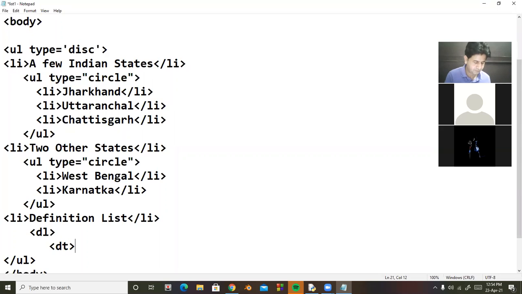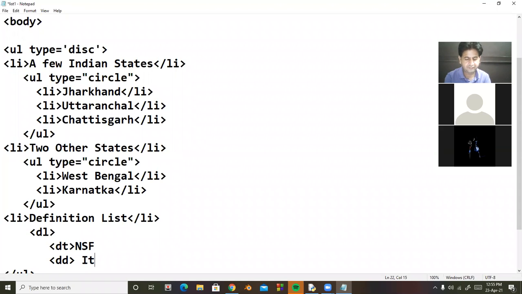So suppose I'm taking any example like NSF. Here DT is an empty tag, and I take here DD, again it is an empty tag. So here I will give the definition.